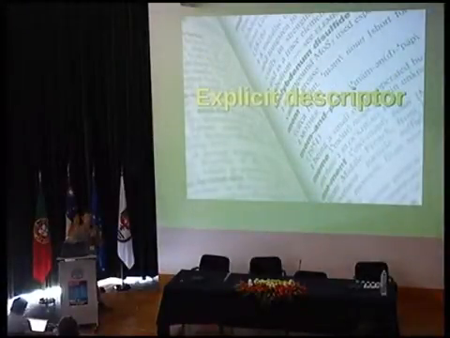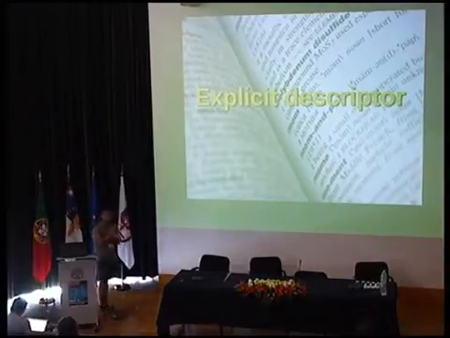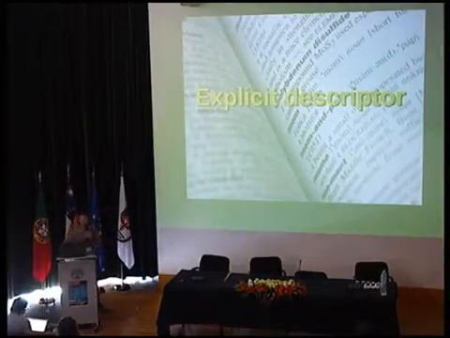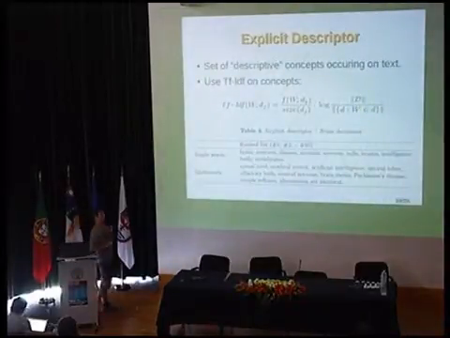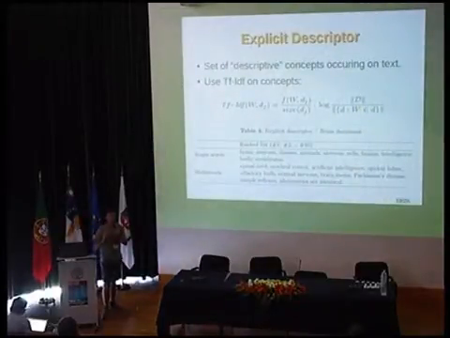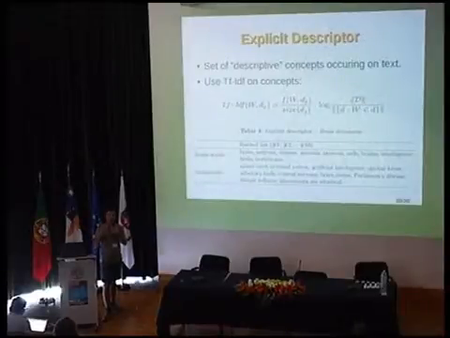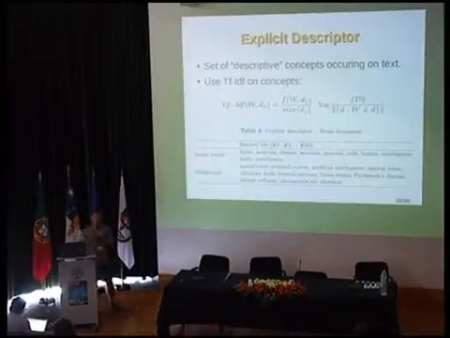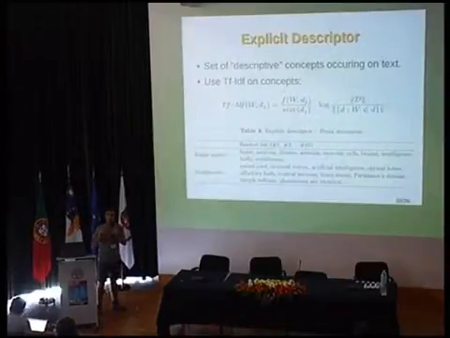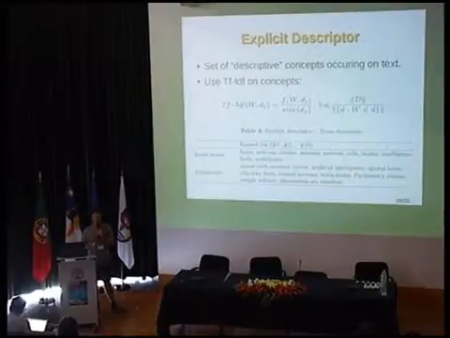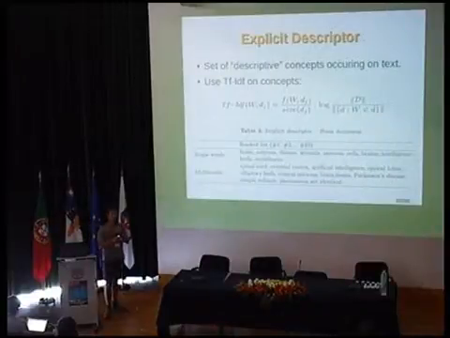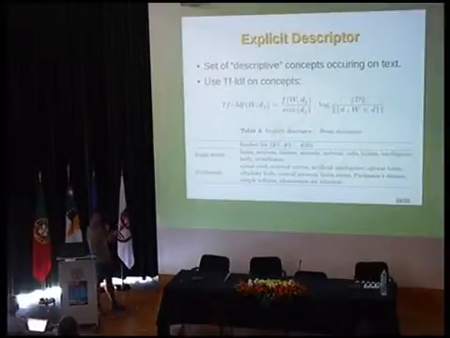Okay, so about the explicit descriptor. The previous thing was just a small improvement for the extraction of concepts, and for you to know how we extract them. The explicit descriptor, as I say, is just a list of keywords, I think 10 single words and 10 multi-words, of the most descriptive concepts occurring in the text. So we just use TF-IDF to solve that problem. We extract concepts, we apply TF-IDF to the extracted concepts, and we have results like this.